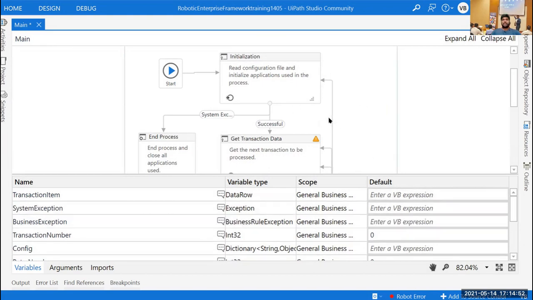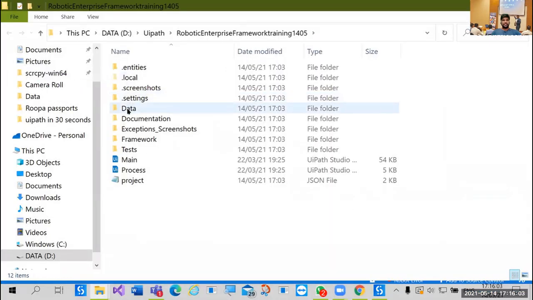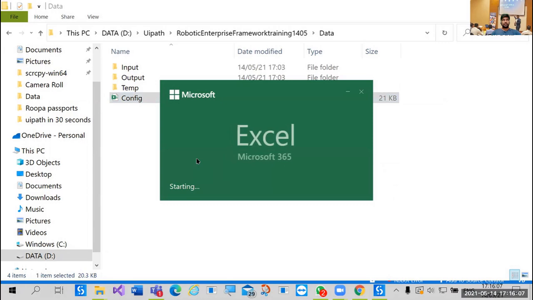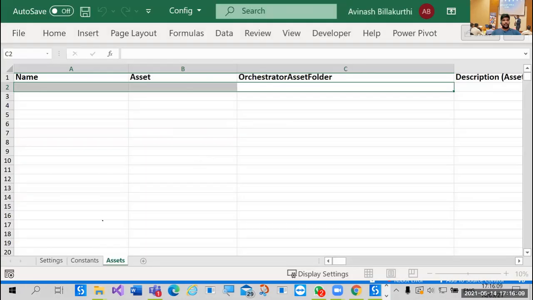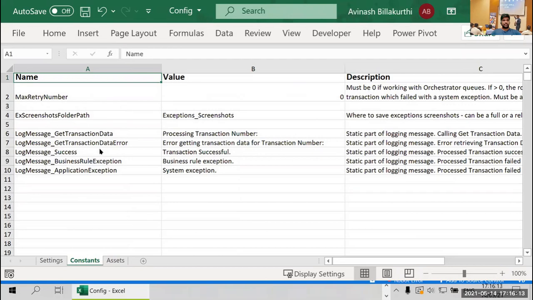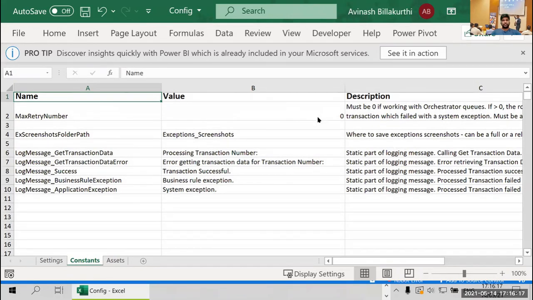See, there is no such number as 50 to my understanding. By default, the REFramework supports 3 retries. In the data and in the config, you can see in the settings or in the constants, the max retry number is 0 by default.